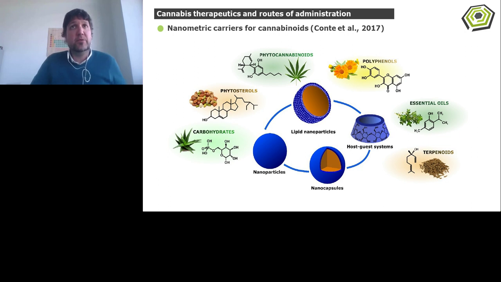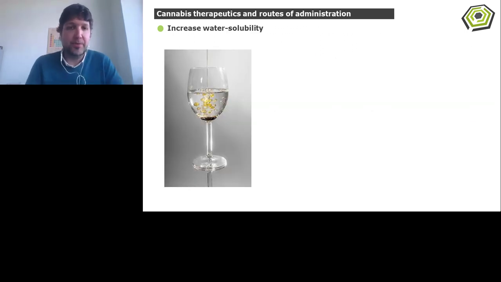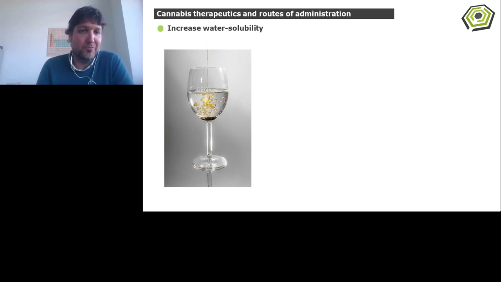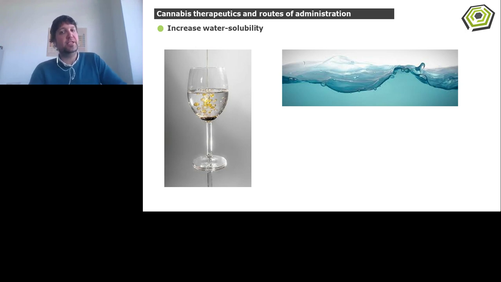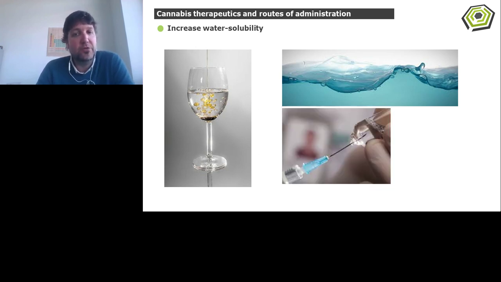In general, these molecules, especially in the case of phytocannabinoids, are very difficult to dissolve in water, and therefore they're not very friendly, or they don't match with biological environments, because at the end of the day, we're 70% water. So there are many things that we cannot do with phytocannabinoids as we know them. For example, we know that oil and water do not mix, so it's hard to think about a water-based formulation for these guys. However, there are already companies and groups that are trying to challenge the solubility of cannabinoids in water through some of these techniques.